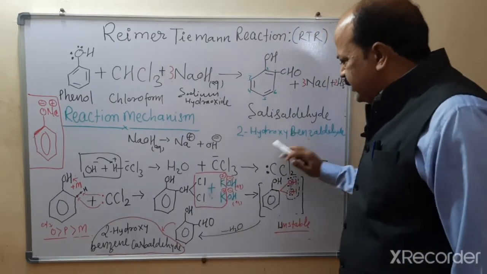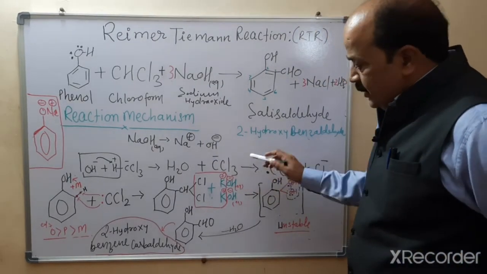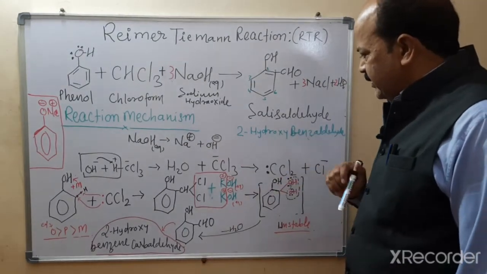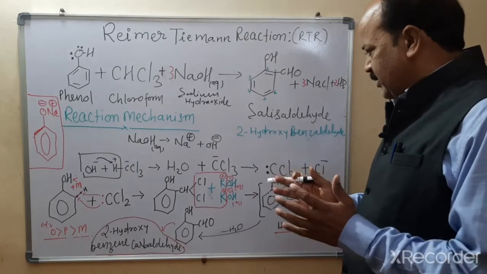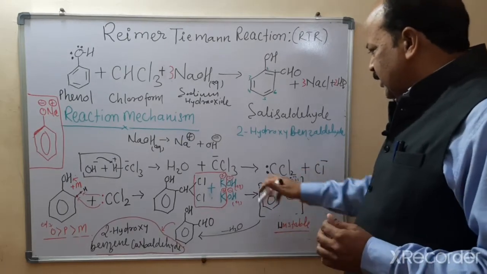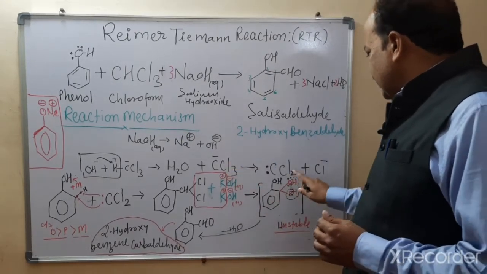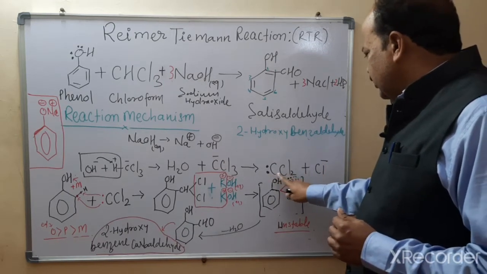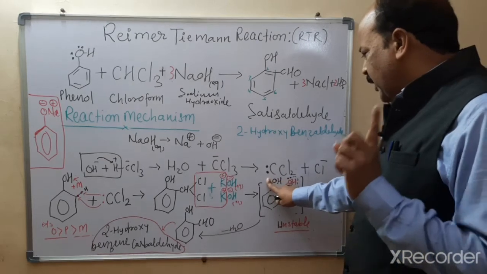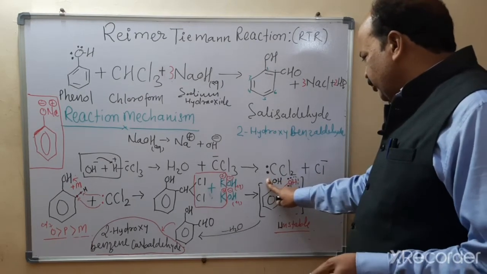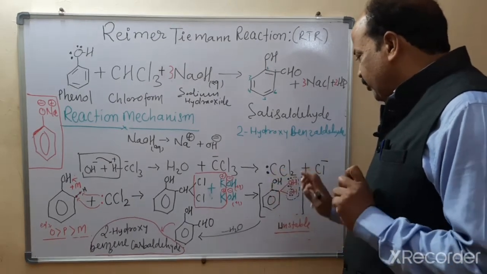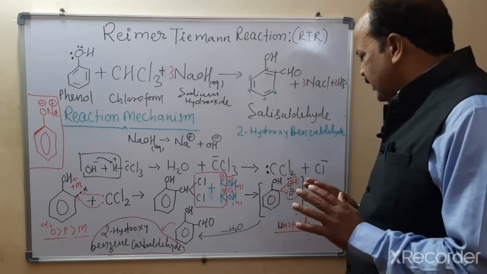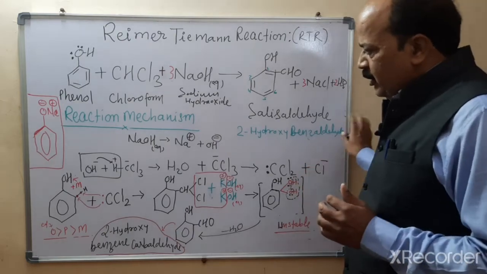And in CCl3, each chlorine has 3 lone pairs of electrons, and the carbon also carries the minus sign, so that compound will be unstable due to the force of repulsion. So this releases the Cl minus ion, and after that forms CCl2. This is the carbene. It is a powerful electrophile. It is a bivalent electrophile. This carbon has only 6 electrons in its valence shell. That is why this is an electrophile.